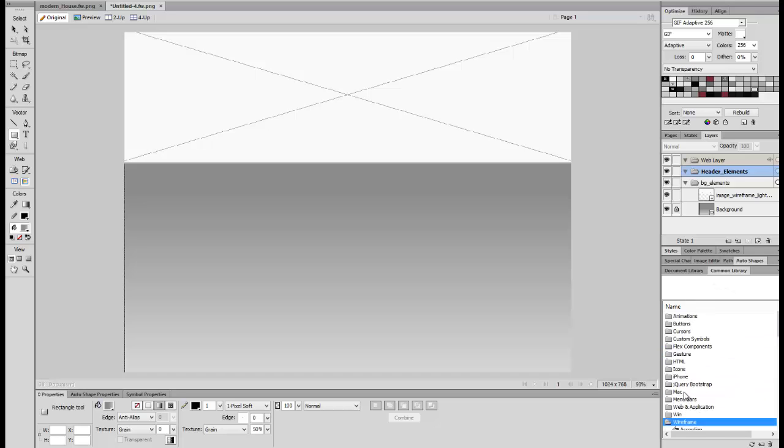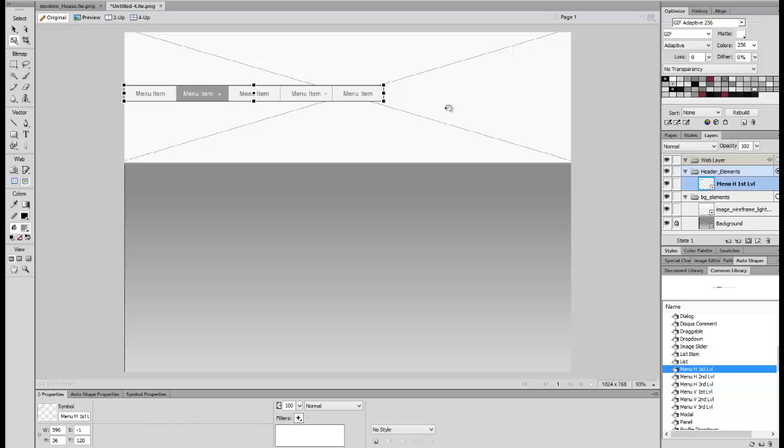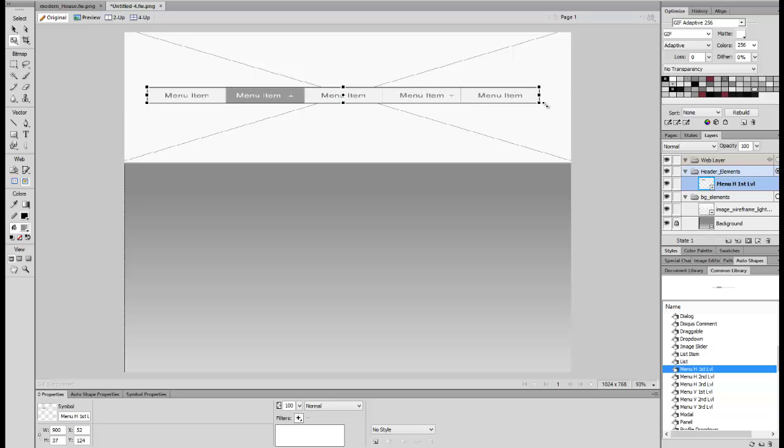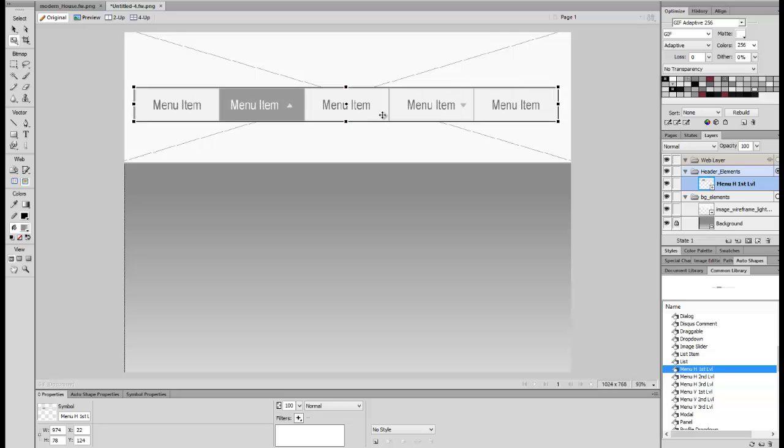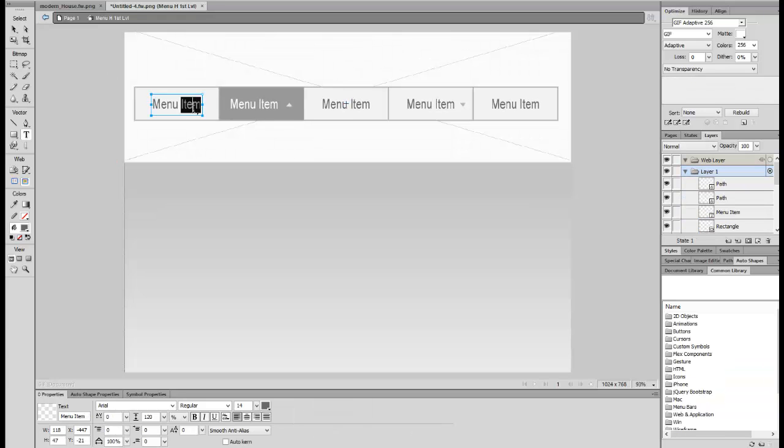Now I'm going to go down to wireframe, and I'm going to grab the menu horizontal level 1, hit Q to scale this thing out a little bit. And I'm not sure exactly what this one's made with. Inside of